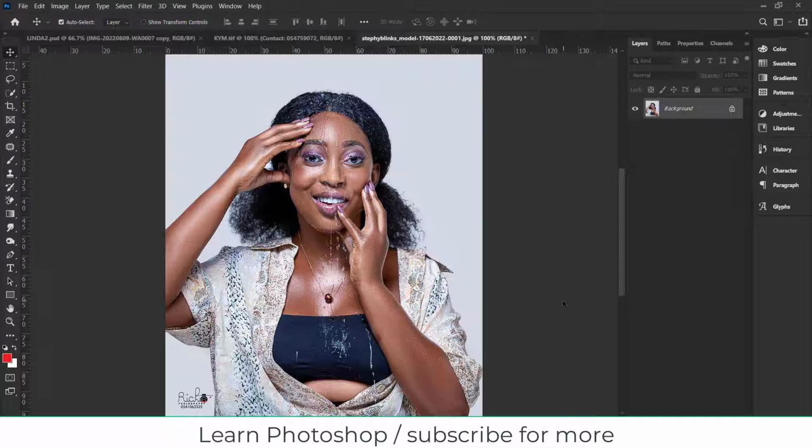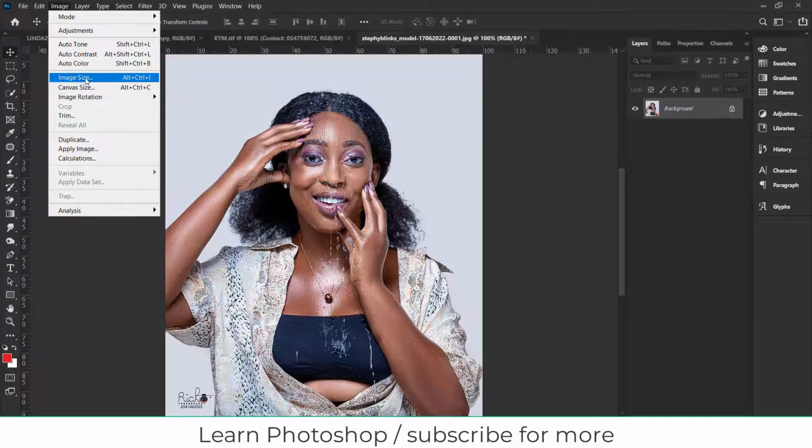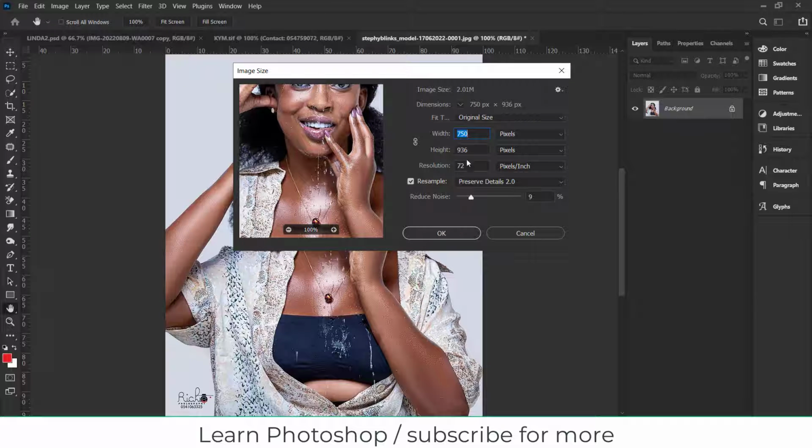size is too big, I mean the resolution. Now let's check the image size. You can see that the resolution here is 72, the width is 750, and the height is 936, which is quite okay. Make sure you reduce it to this level, so that you have a low but high quality